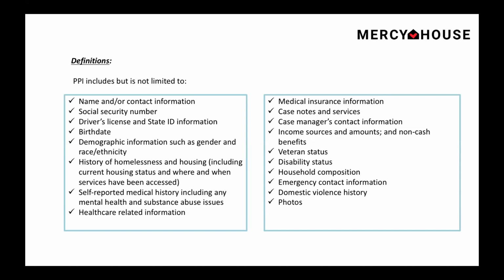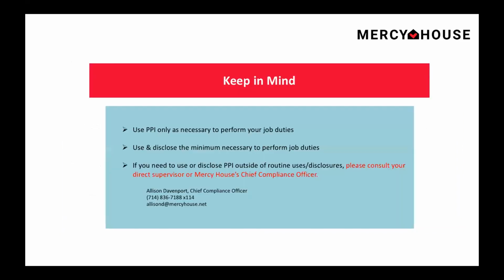And of course, you can borrow from this list if you wish to create something for your own agency, or of course, borrow from us. We want to keep in mind that PPI is only used as necessary, and we make sure that our staff are only using it as necessary. And this is just a reference page for our staff to make sure that if they have questions, they can reach out to a specific party that will be able to resolve that. You can choose that within the agency. For us, it is one of our HMIS administrators.